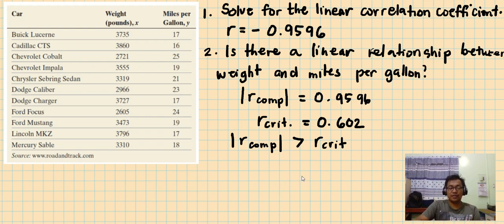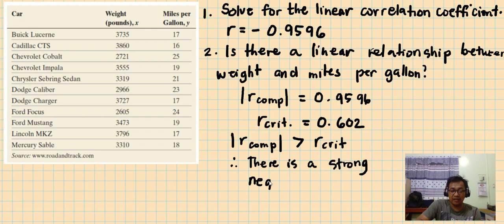R computed is greater than R critical. Therefore, our conclusion is, what is the relationship between X and Y? Strong negative. Strong, since the R computed is larger. And then, is it positive or negative? Since R is negative, it is strong negative,